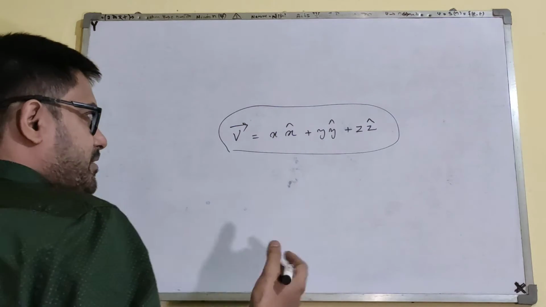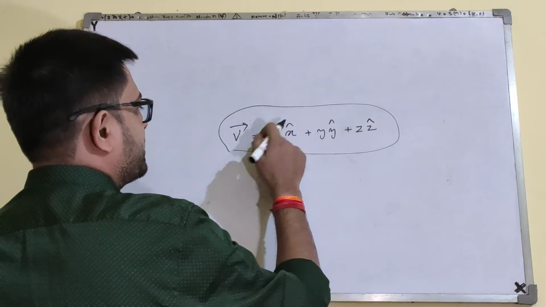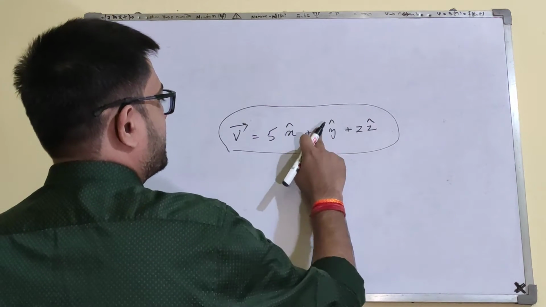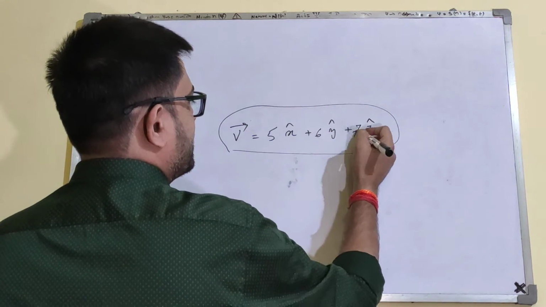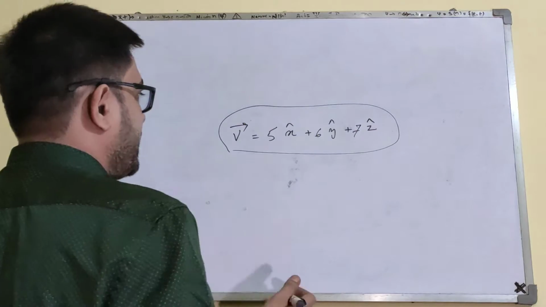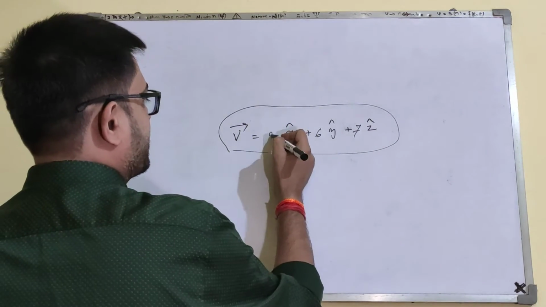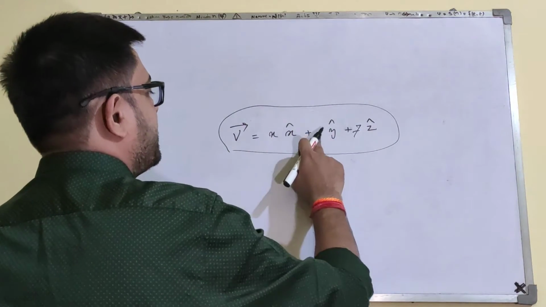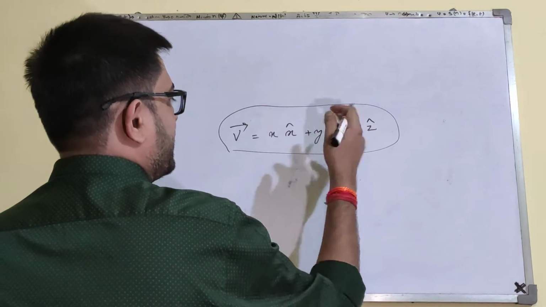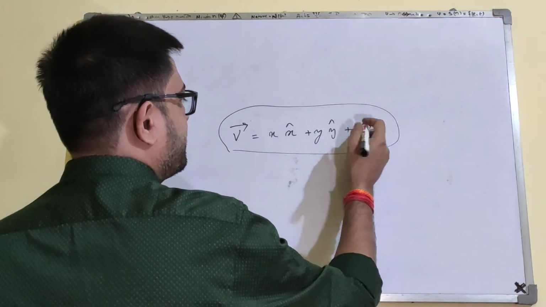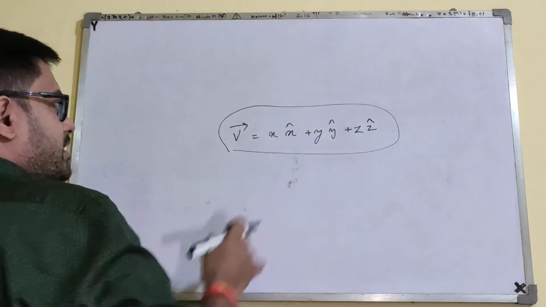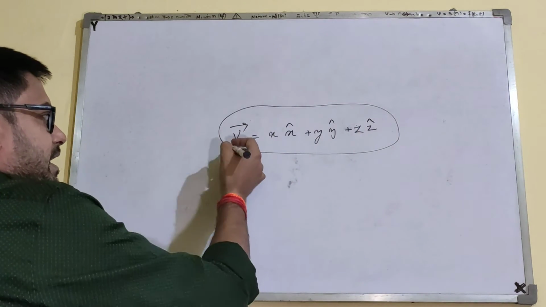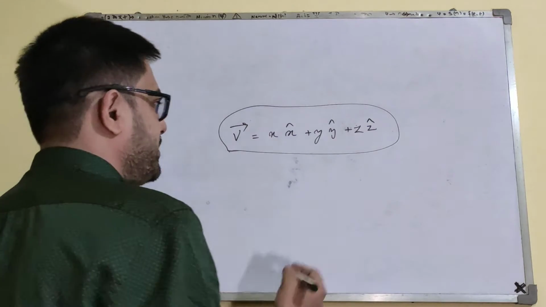If I assign, for example, 5, and I give this value as 6 and z as 7, this becomes a vector. Okay, but if instead of that you write any variable here, y any variable again, z any variable, you can make it x, y, z or whatever you want to put there, if you write the vector like this, it becomes a vector field, because for any